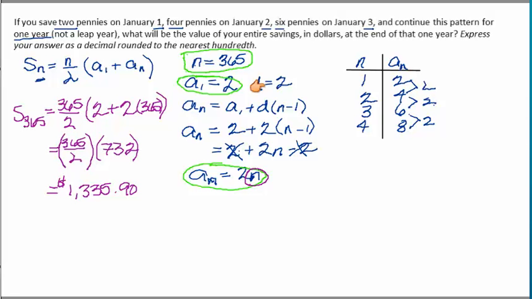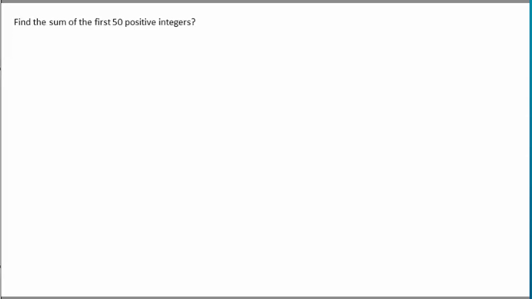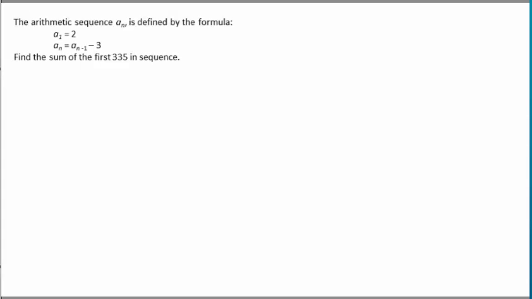They're going to give you a word problem like saving pennies, or they're going to tell you find the sum of the first 50 positive integers. And in this one, they said find the sum of the first 335 in the sequence. Okay? So,